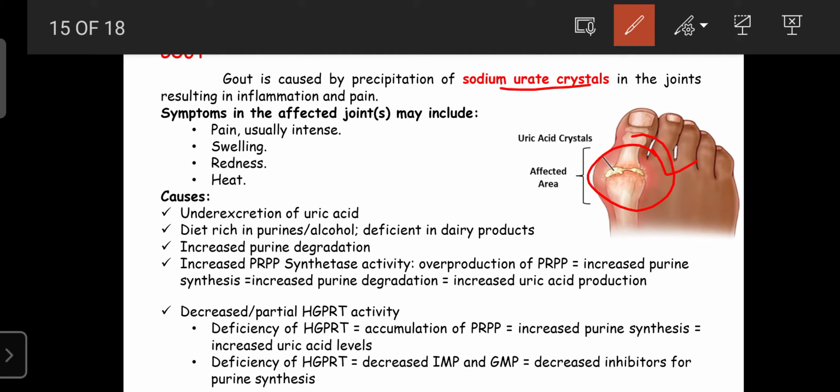So their joint is blocked because of the uric acid, that is the accumulation of sodium urate crystals in the joints. Due to that, they are unable to move. And if you want to detect gout in the early stage and give treatment to your father, mother, grandfather or grandmother in the early stage, simply you can watch the thumb of the